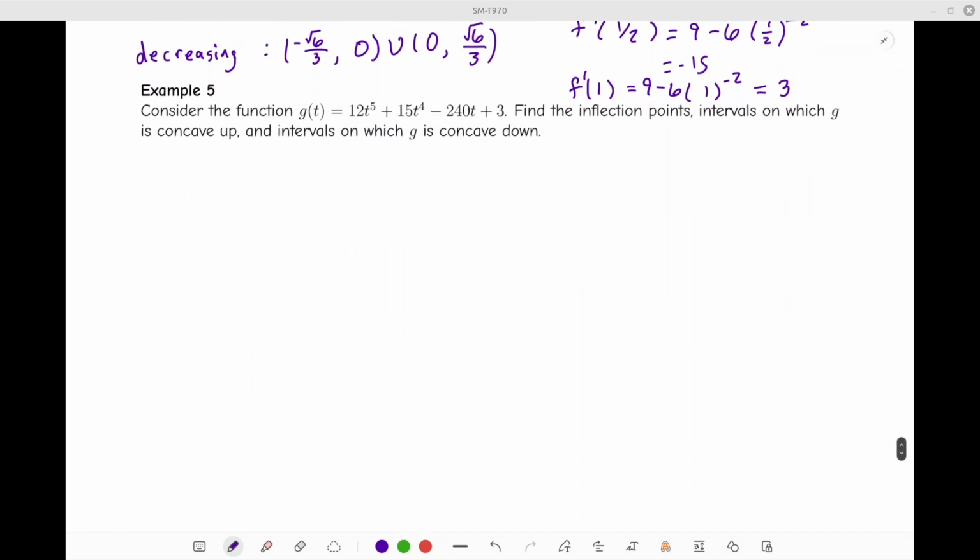Then the last example for the notes. Consider the function g of t. Find the inflection points, intervals on which g is concave up, and intervals on which g is concave down. So I'm going to need the second derivative for this. So g prime of t would be 60t to the fourth plus 60t cubed minus 240. And g double prime of t would be 240t cubed plus 180t squared,